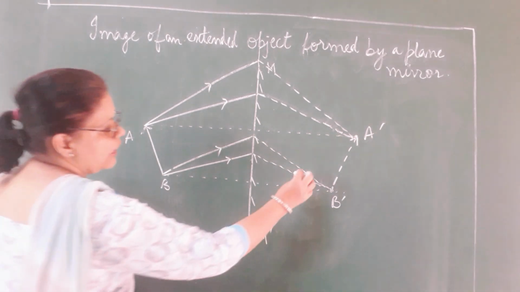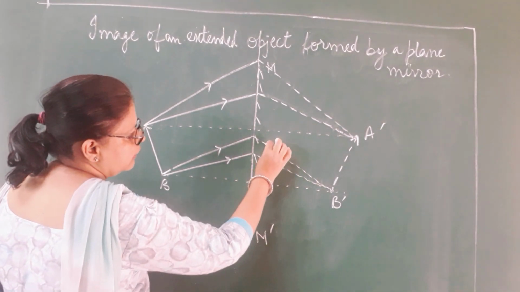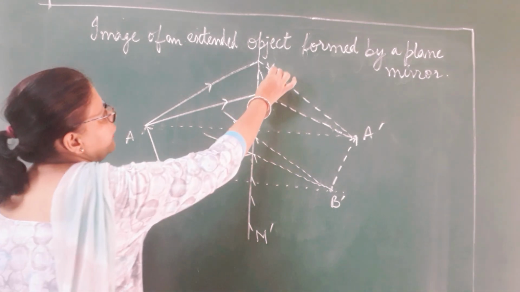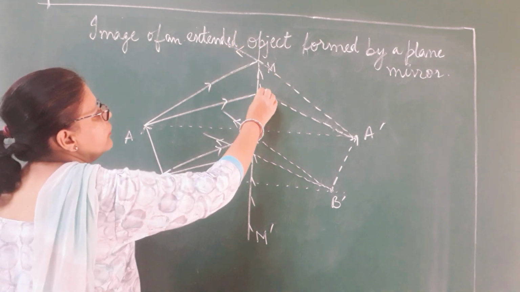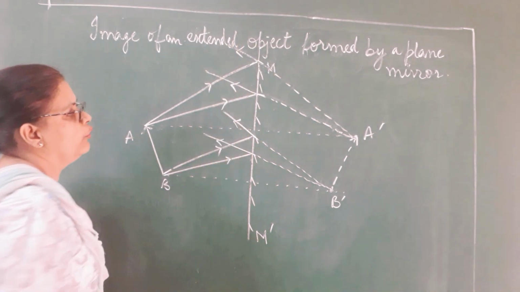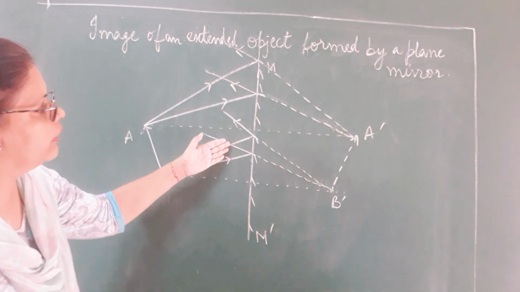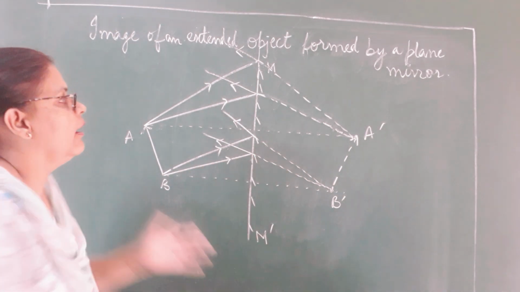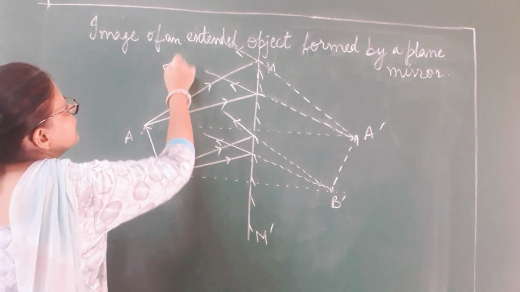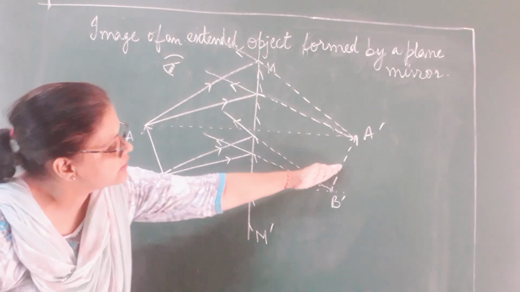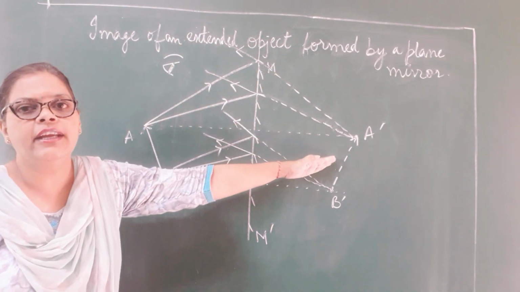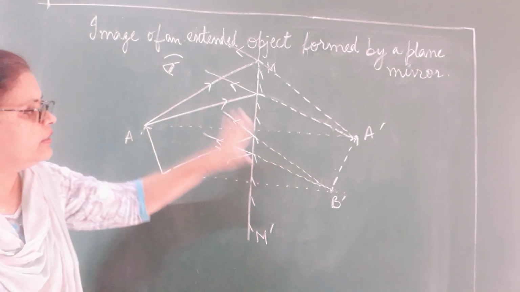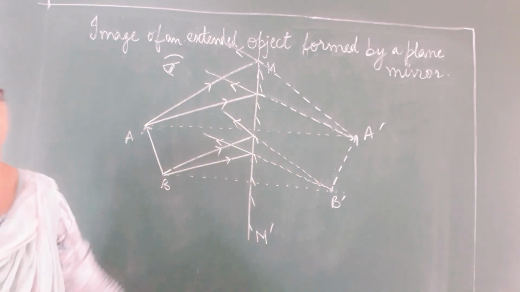Right. After this I use my scale and keep it on the dotted lines one by one and pull them straight on the other side like this. Children see, I am pulling them back straight. Can you see? All the 4 dotted lines I have pulled. Now these are the reflected rays. Therefore, where am I going to station my eye? My eye is going to be here. This is the observer's eye because I am going to see this image which is formed on the other side of the mirror. Right children? So here is my eye and this is the complete diagram for extended object.